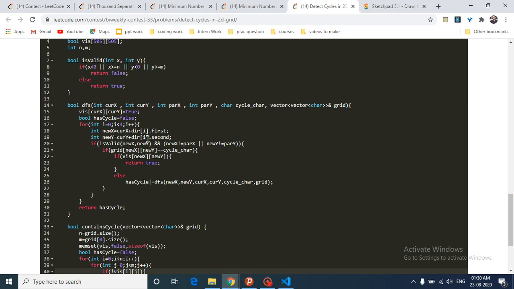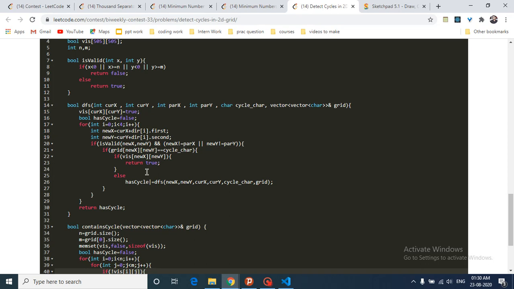Now if this new xy is valid and this is not the parent, then we check that the grid value at the new position is the cycle character, which means the new coordinate is also the same character we have to go on. If all these conditions hold true, we check if the new position we move to has been visited; if it is visited, then we return true, which means we have found a cycle.